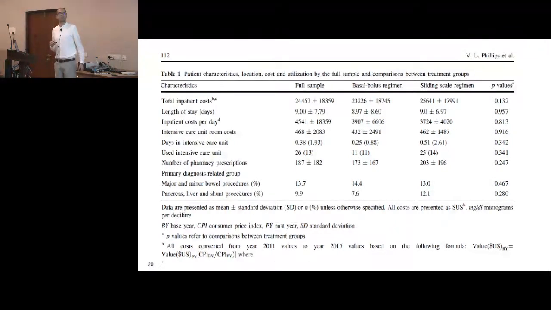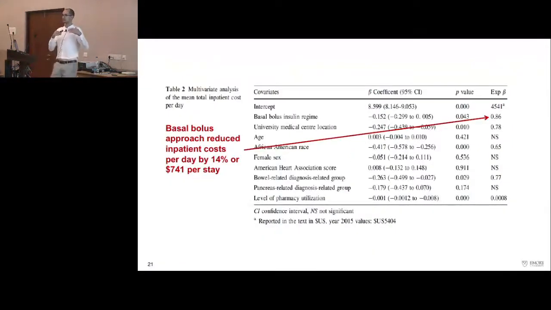But when the researchers adjusted the costs of the two procedures for the differences in the population, they found that the BBI regimen indicator